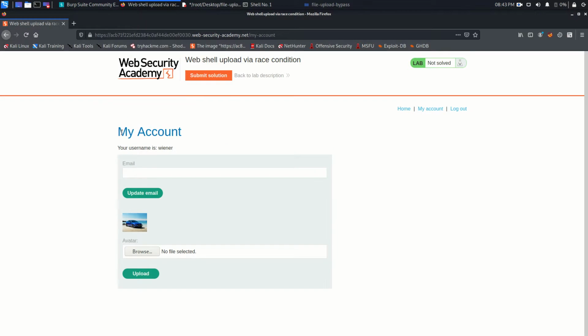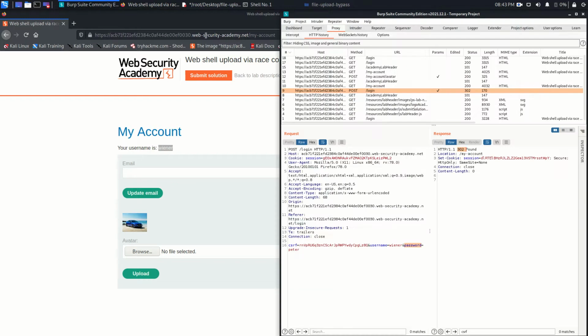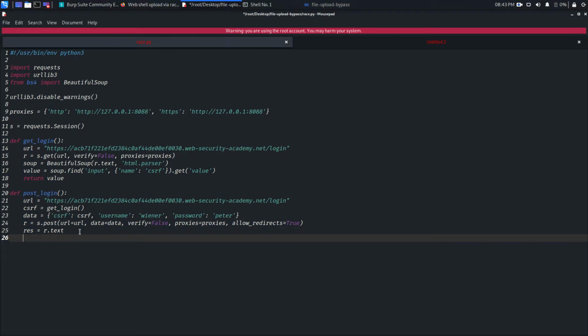So if we log in, we find that after login we got some strings here like my account, your username, update email. So if we find upload, it means we are logged in, or if we find Wiener, it means we are logged in. So to confirm,